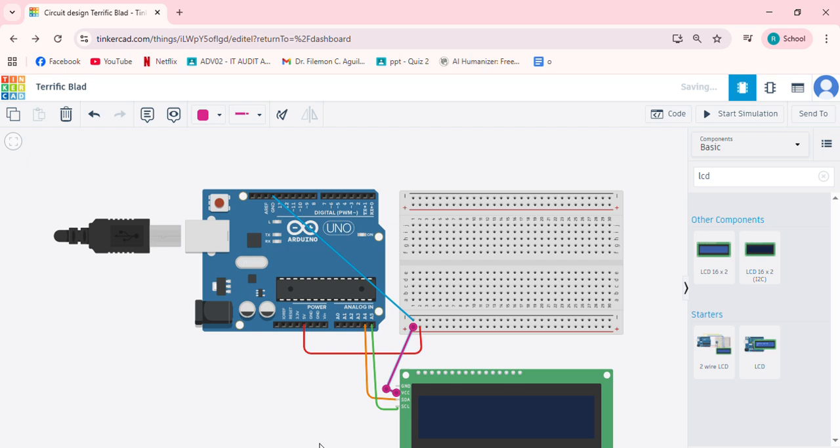Let's do this one pink. And this one goes here to GND. Let's do the color for this one as brown. Okay.